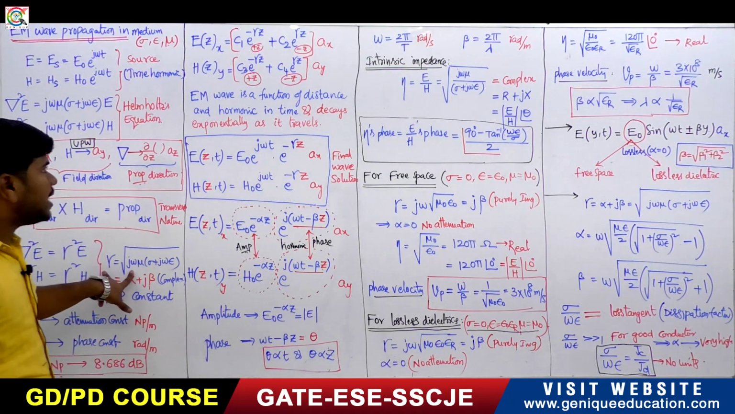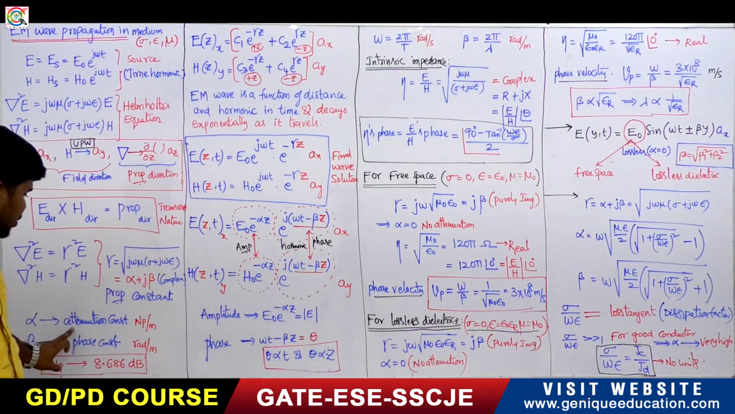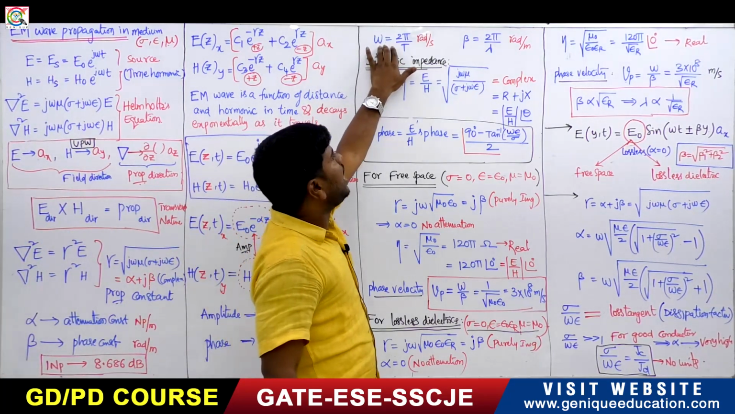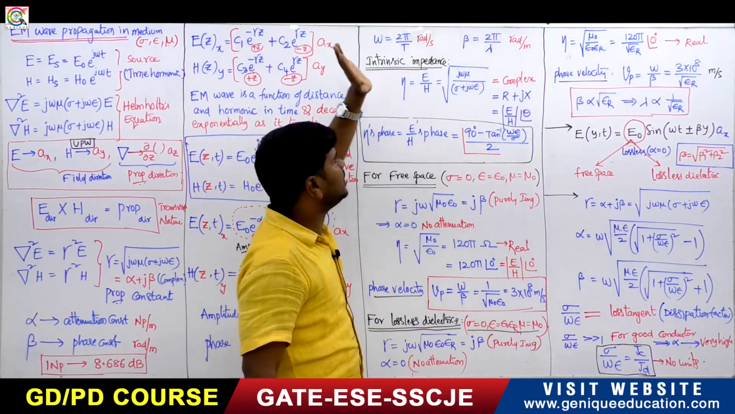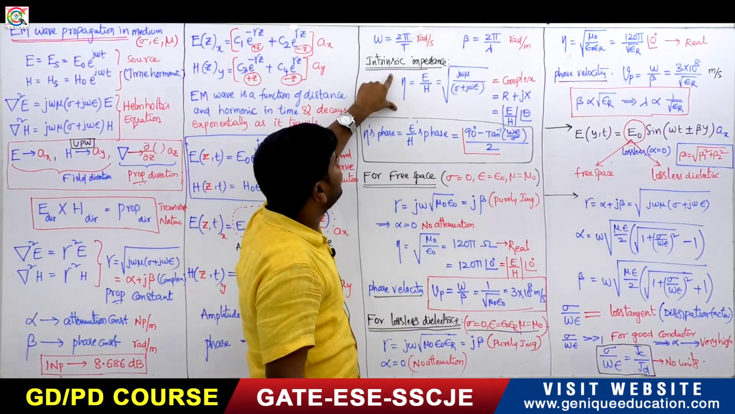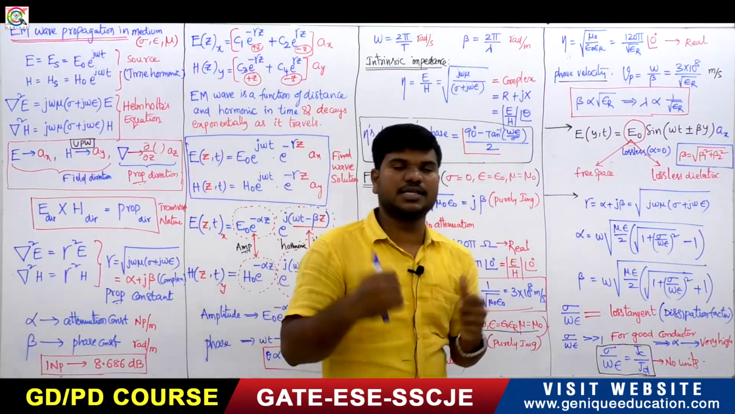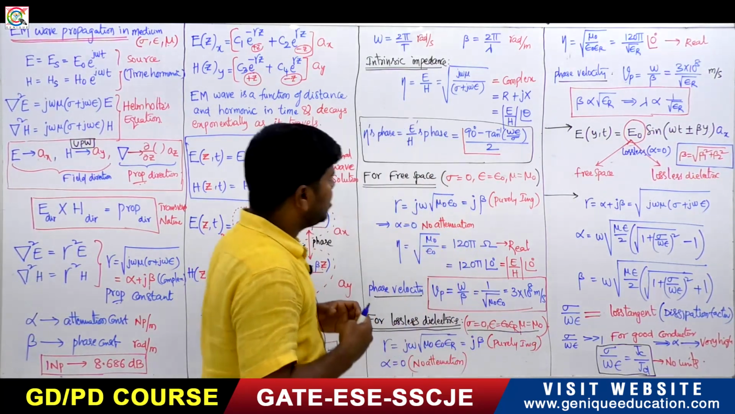The propagation constant means attenuation constant and phase constant. Right? And also omega and beta, both are phase constants, and the intrinsic impedance of the medium. So these are the very, very important things you should remember, right? Now